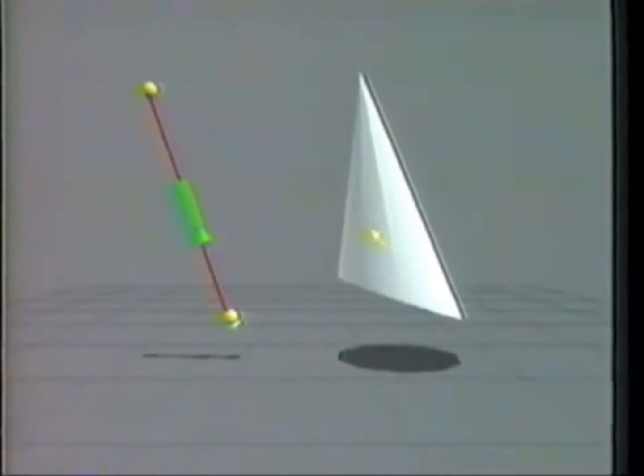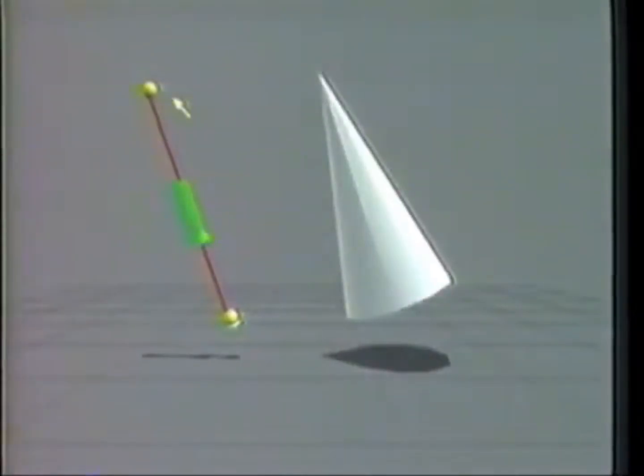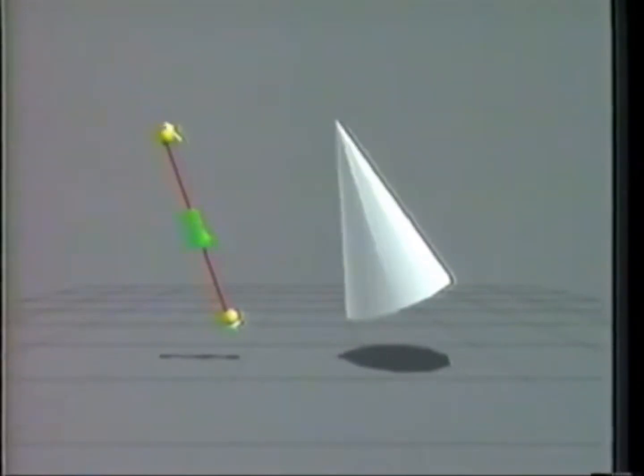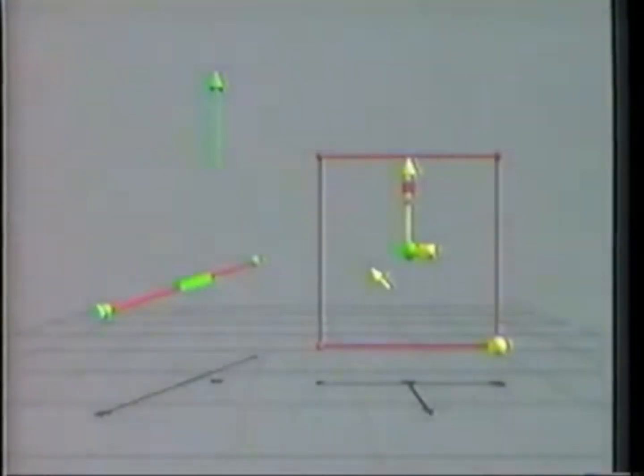To scale the cone about its principal axis, we align it with the ray by linking it to the ray. Now the cone scales along its y-axis. The plane, length, and ray widgets can be used to constrain the degrees of freedom of other application objects or widgets. In this example, we will use these three primitives to create a handled widget that rotates about a single